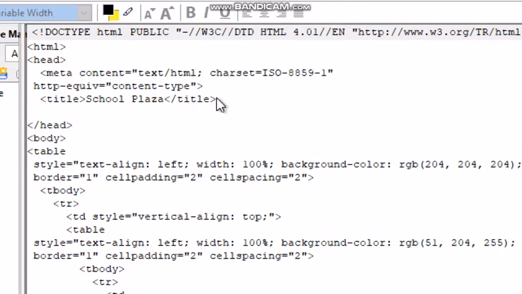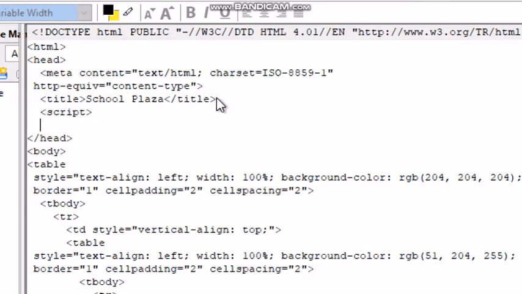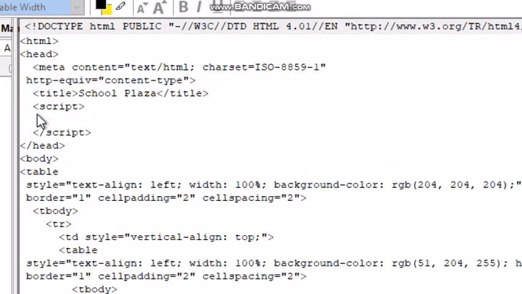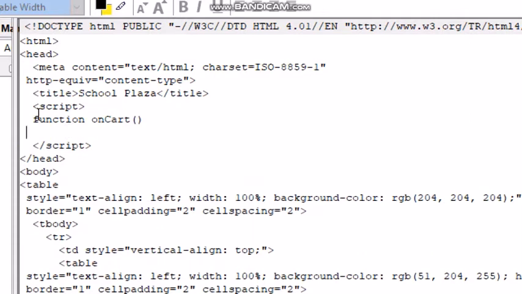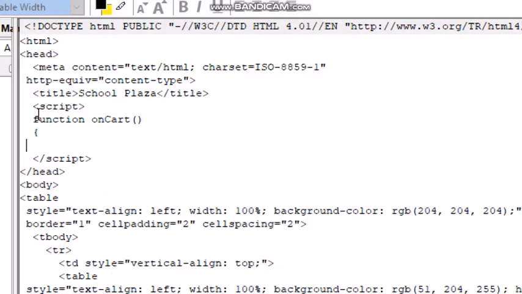Here, between starting of script tag and ending of script tag, here we will write a function named onCart, with C capital, the starting of the function. First, we will declare a variable named check as false.